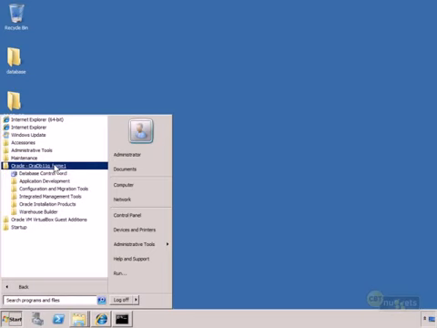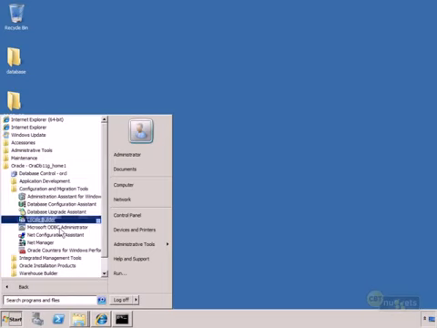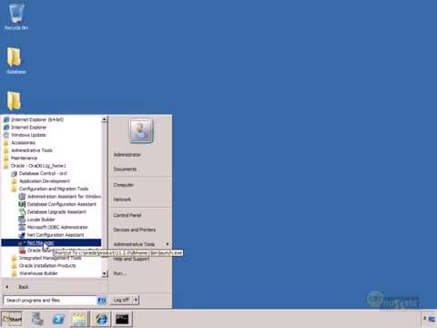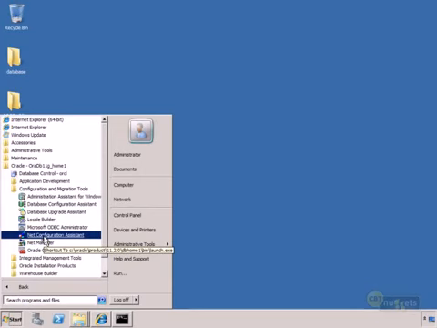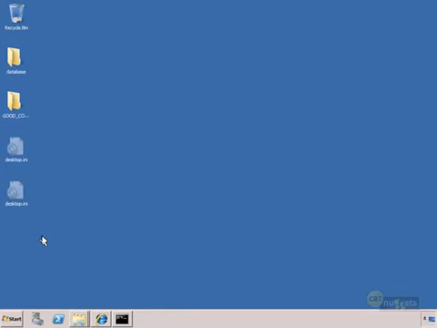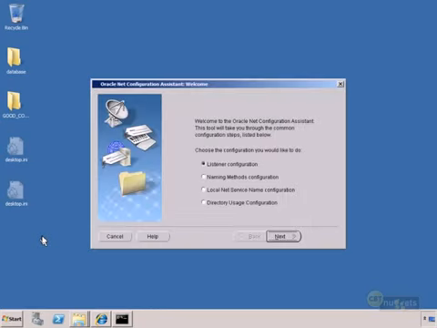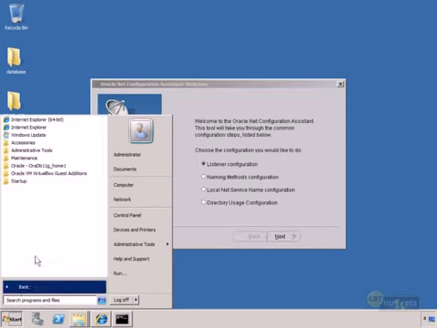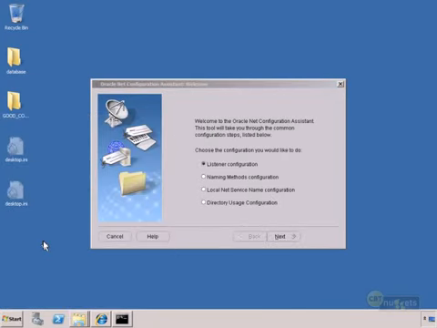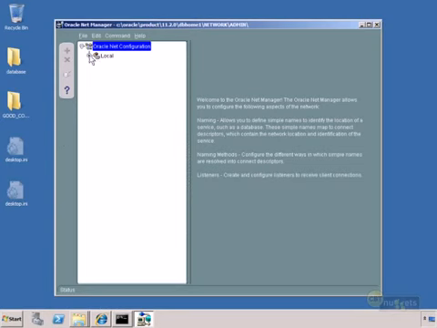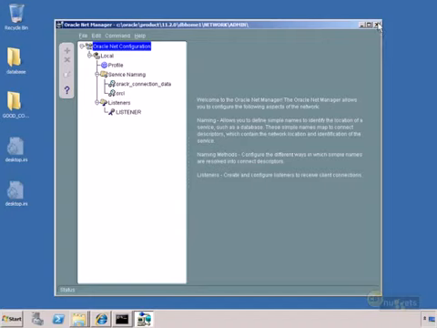In the Start menu, for instance, we have in Configuration and Migration Tools the Net Configuration Assistant and Net Manager. Those can be launched from the Linux or Mac OS X or Windows command lines as netmgr or netca, respectively. The Net Configuration Assistant is kind of cool because it's a wizard interface that walks us through setting up things like listeners and service names. By contrast, the other tool, Net Manager, just lays everything out there for you in a workspace, and you're expected to know what's going on in terms of setting up your listeners or your